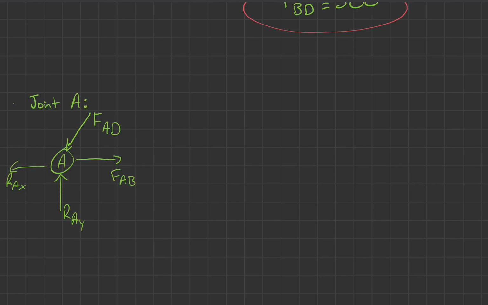Okay, so we already know RAX. We already know FAB. So what we can do here to solve for AD is we can just solve in the y direction. So if we solve for the forces in the y direction, we set them equal to 0. We've got RAY, and we've got the force going negative, force AD in the Y direction. Okay, so remember you got to break that guy into components. So if we break that,